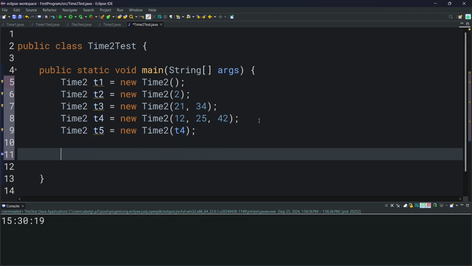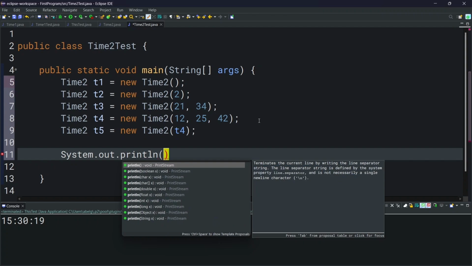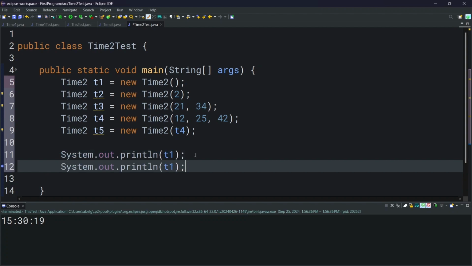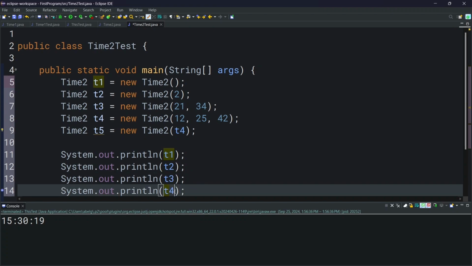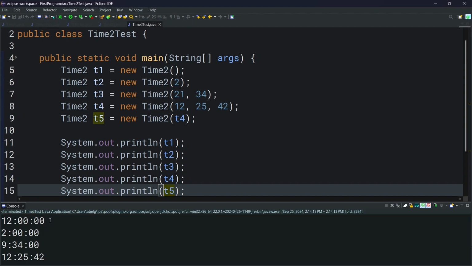Now to see that the overloaded constructors work, we're going to have a series of print statements. So we're going to have System.out.println, and we're going to pass in T1. We can copy this line, and we're going to pass in T2, T3, T4, and T5. So now if we save our file and run our code, so for the first one, we gave